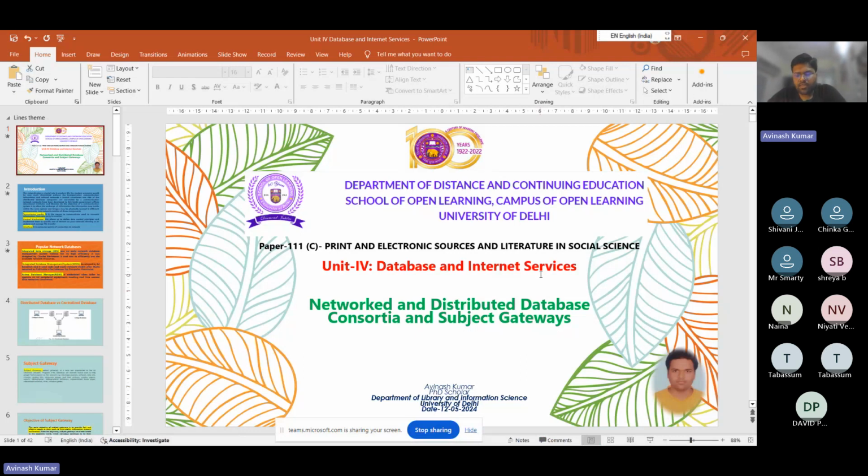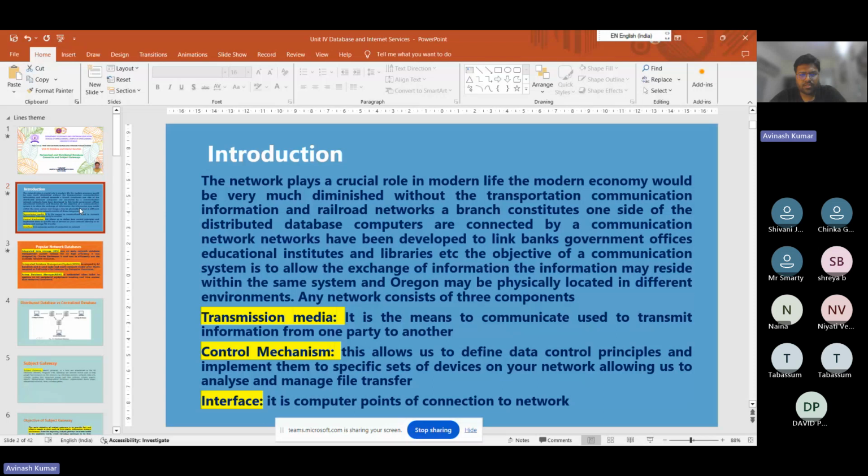As you know, today we are working with networks. If you do not have a network system, how do you connect our institutions? And you cannot connect our internet services. So many things depend on the network and distributed database. So what are the networks and distributed networks?